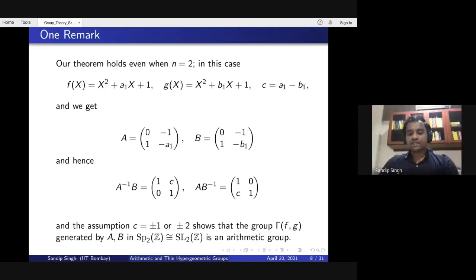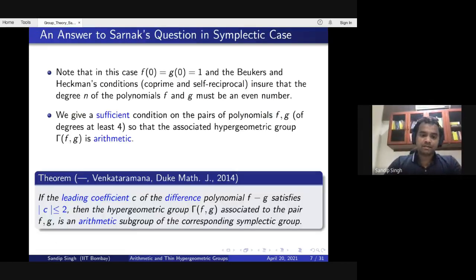Actually, this theorem is stated this way, and in the same paper we have stated a theorem; basically the idea is used in this Sp4 case. It is easy, we can directly show that it intersects the unipotent upper triangular matrices in a finite index subgroup, and the arithmeticity follows directly just using the Sales result.